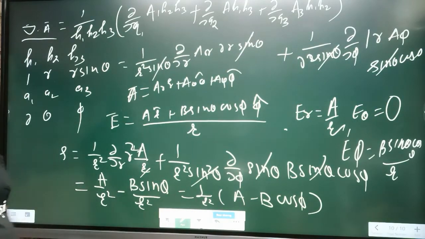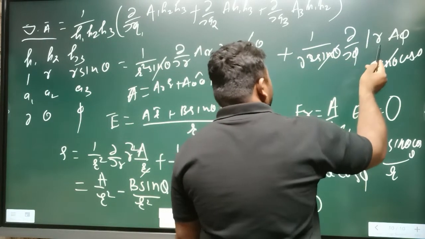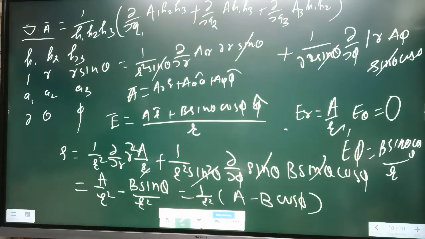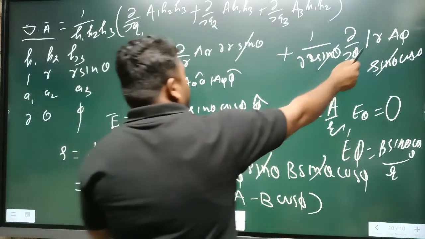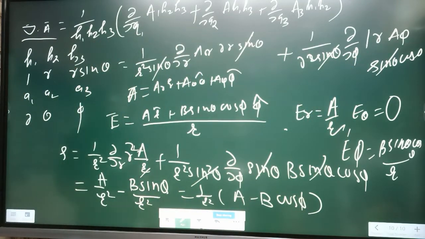Got it? एक r भी कैंसिल हो जाएगा। ये r और डिनोमिनेटर वाला r कैंसिल हो जाएगा और बाहर वाला r स्क्वायर वैसे ही रहेगा। समझ में आया? यस सर।